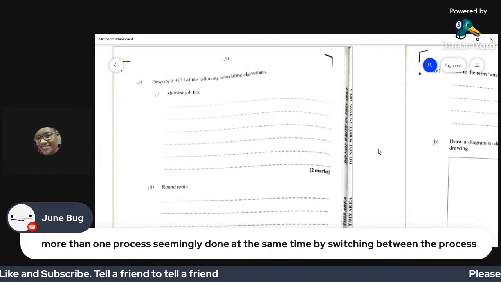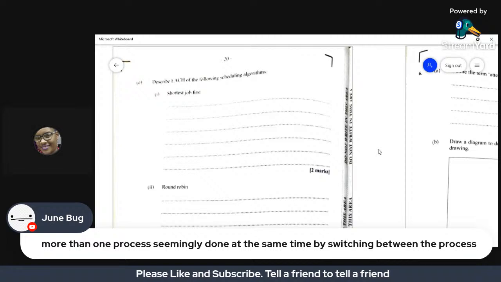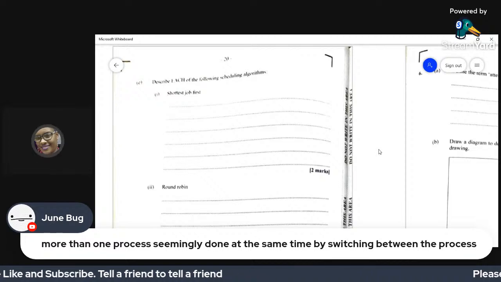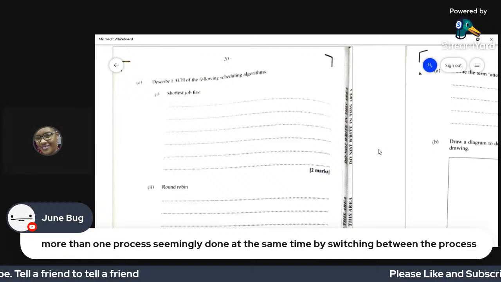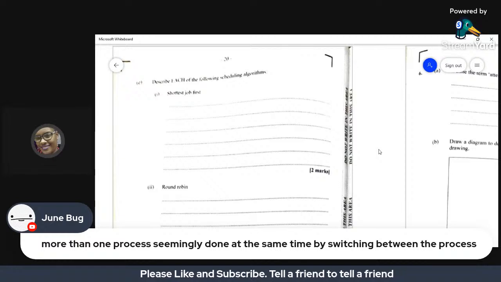Everyone gets the same time. The operating system is going to create a cycle for all the jobs, and if a job is not completed in that cycle, it is going to be added to another cycle.